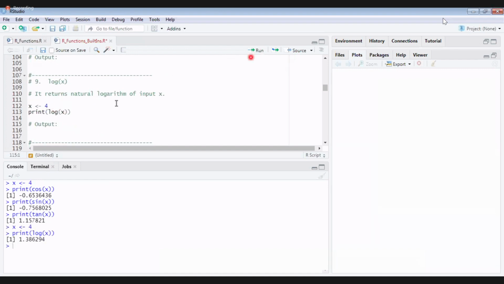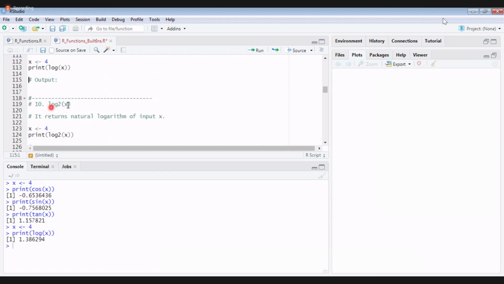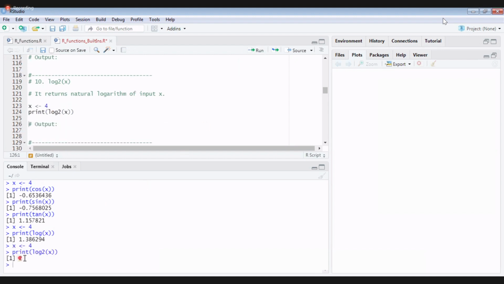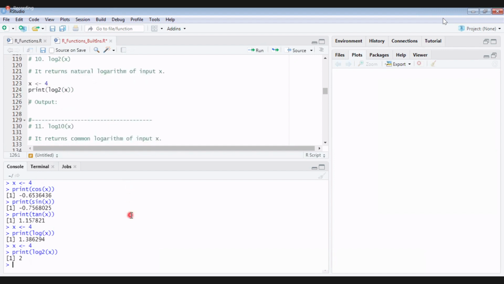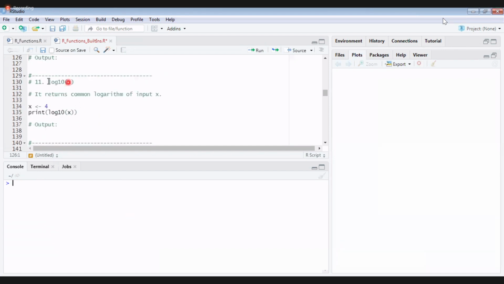Variations like we have, this is log x base 2. What is log 4 base 2? It is 2. Very good, so we got 2. Likewise, if you want for base 10, the same thing. So these are directly functions which you can use. If you want cos theta, sin theta, tan theta or log functions, you can directly use them. They are already built in, available in our framework.